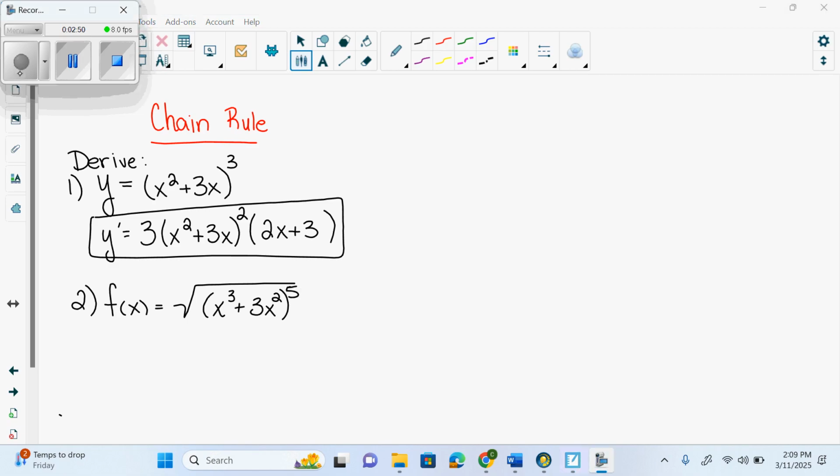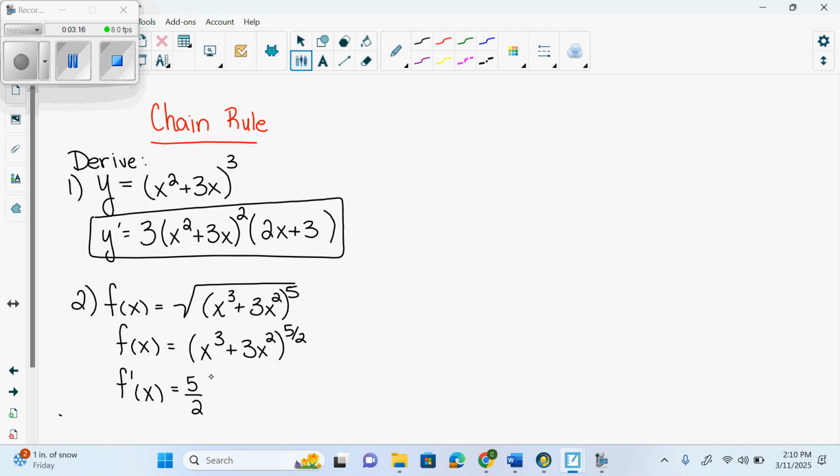Take backs. So whenever we're given a radical, our very first thing we're going to do is change it to a rational exponent. Okay. Oh, I missed the square. Okay. So we're going to get it to the 5 halves, correct? Then we can take the derivative of it. So we get f prime of x equals 5 halves x cubed plus 3x squared. Then I have to take 1 off of that. So I basically have to take off a 2 out of 2, right? So I'm left with 3 over 2. And then I have to follow behind with